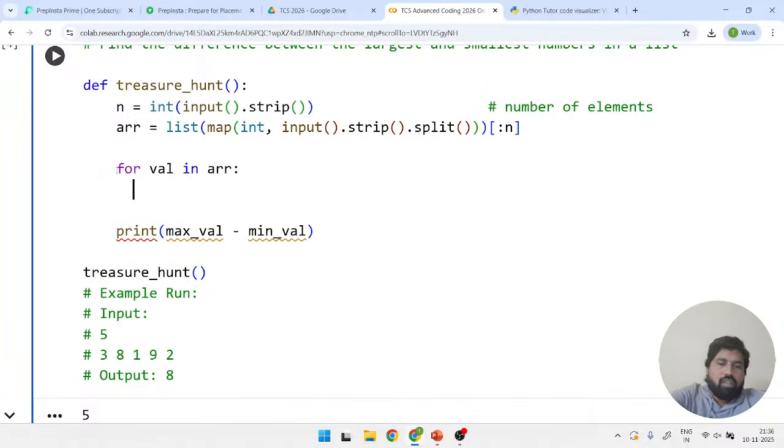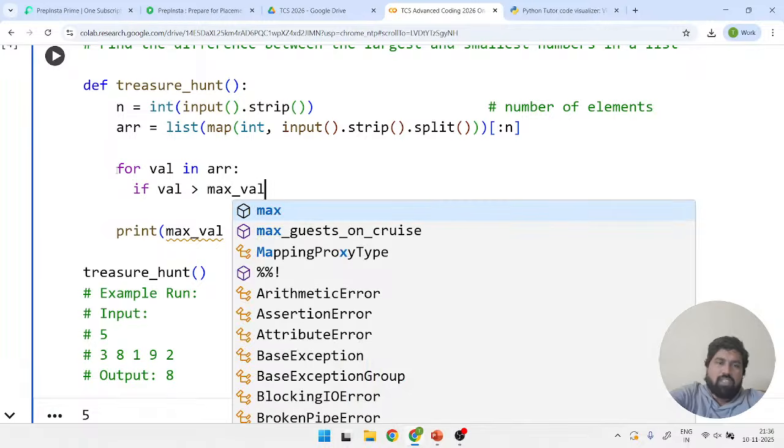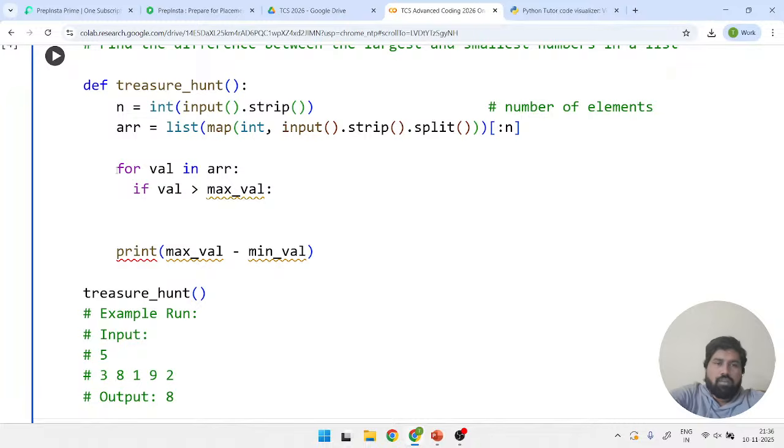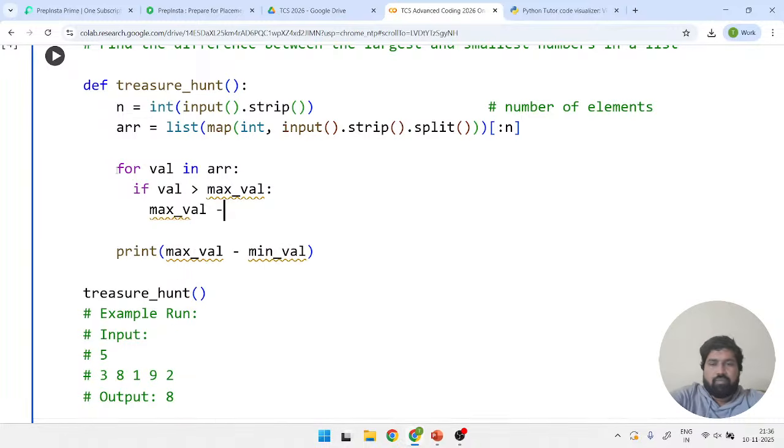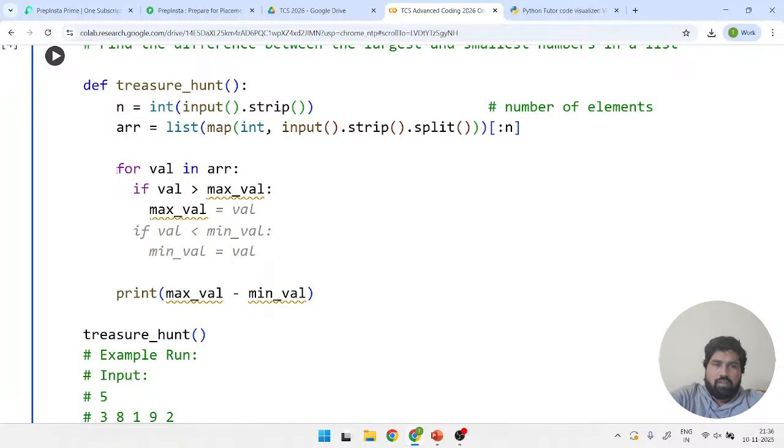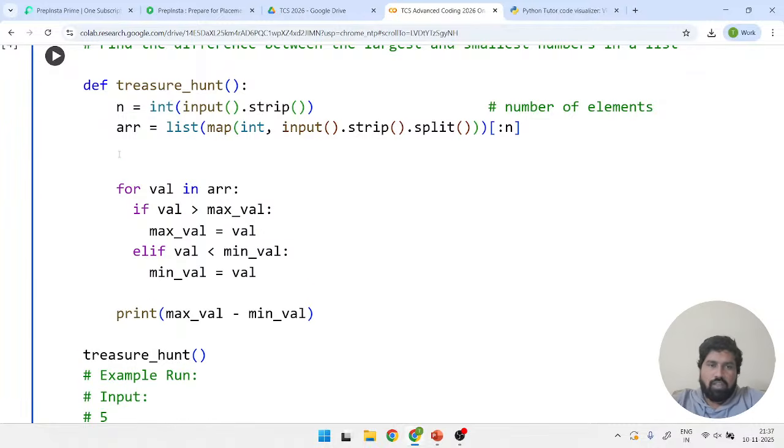Okay, simply I can say if value is greater than max value, max value is equal to... see here, here a is giving me the output, so I just quickly entered that in order not to waste our valuable time. So what I will do is here